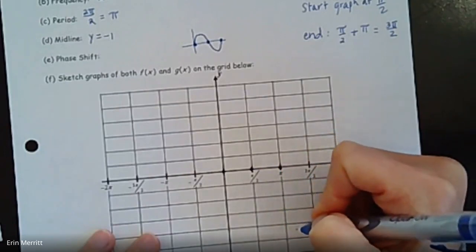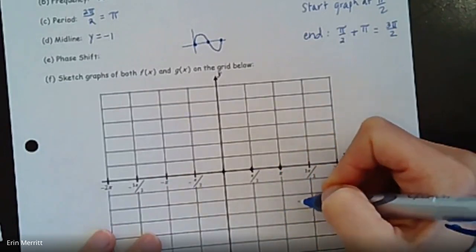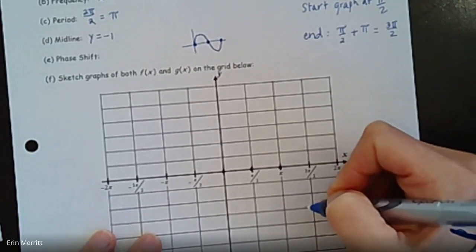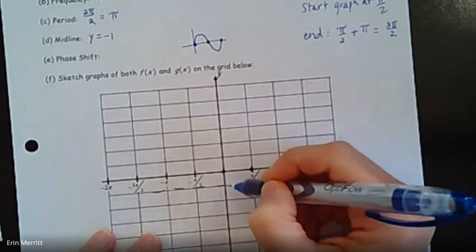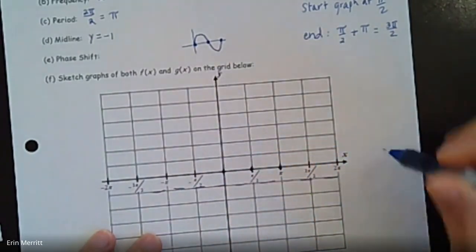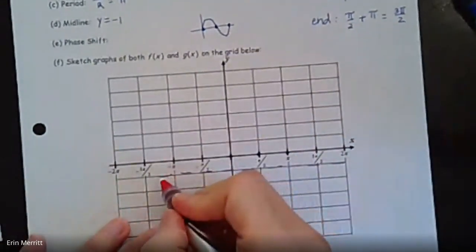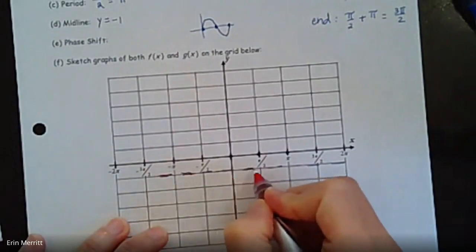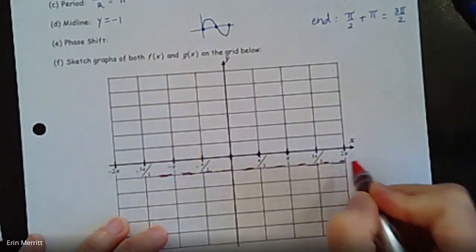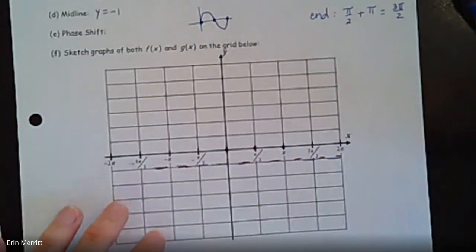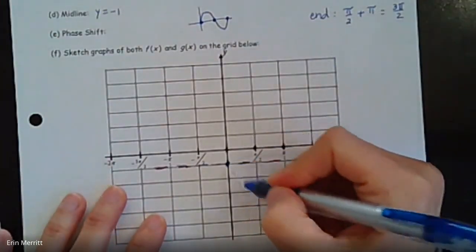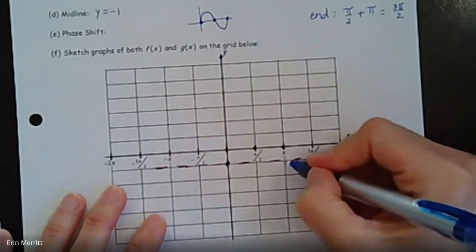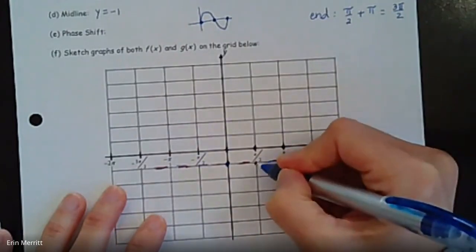Whoops, I just realized I forgot to think about the midline. Okay, good thing you can't see those points that well. Let's think about the midline. Come back down here. It's at y equals -1. Actually, let me make it in red so then you can see it a little bit better. I was trying to rush to finish up our notes for you. I gotta slow down. Okay, starts at 0 on the midline of -1, ends at pi,